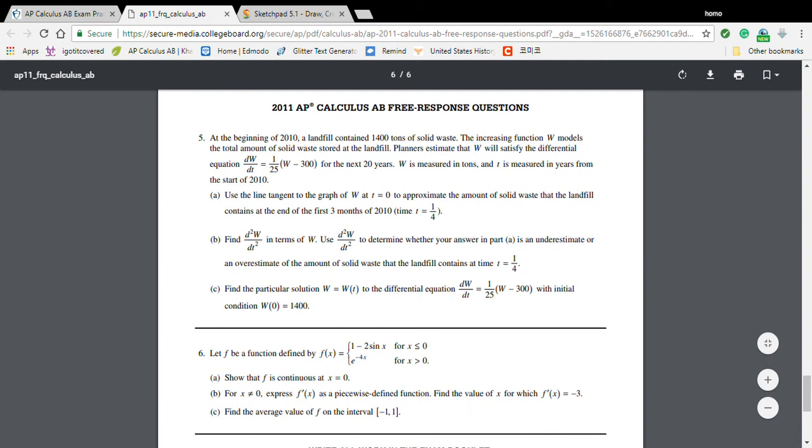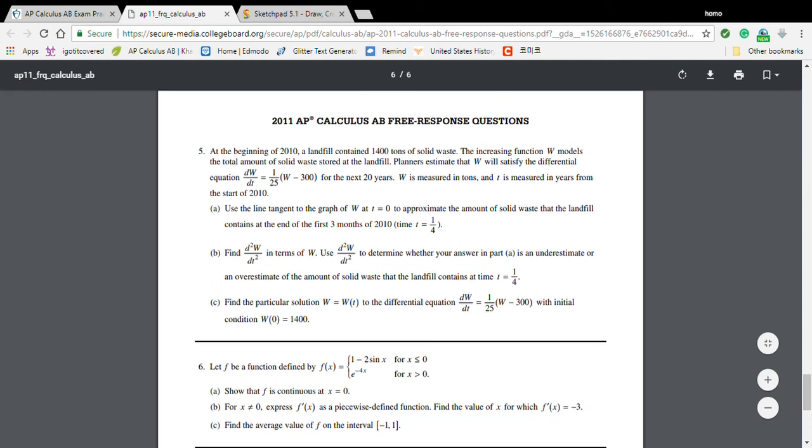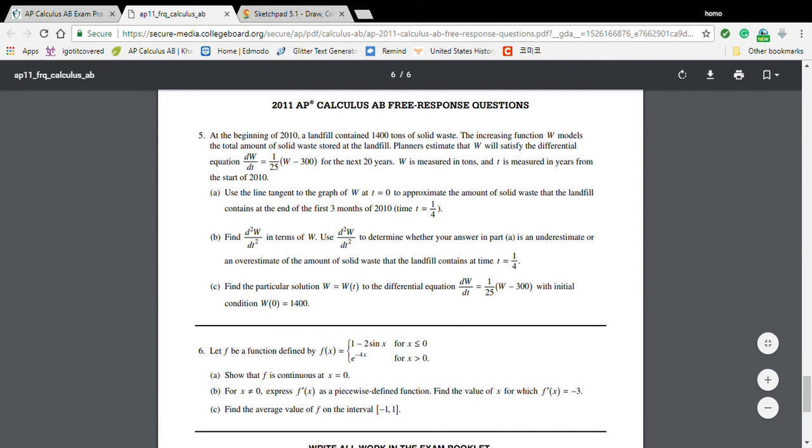So for this problem, we're going to look at a differential equation from 2011. We are given dW/dt equals 1/25 times (W minus 300), and part A says use a line tangent to the graph at t equals 0 to approximate the amount of solid waste at time t equals 1/4. So we have to find the equation of the tangent line, a traditional question, at time t equals 1/4. So to do this,